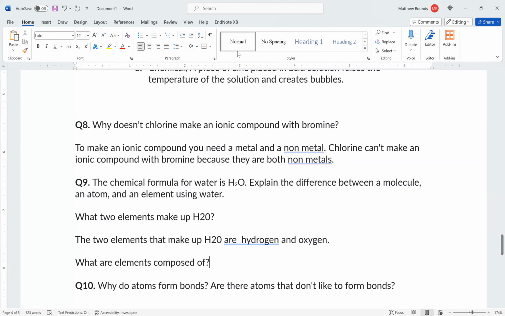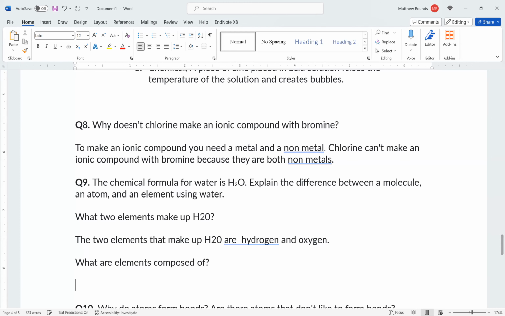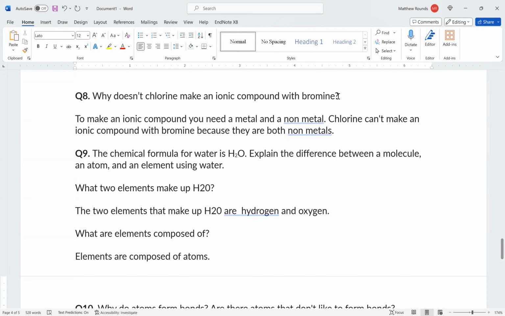I already typed that, just that elements are composed of atoms. Yes, there we go. Good. That's the easiest sentence I can write. That's fine. And that's how you answer these questions. You break it up. So now what